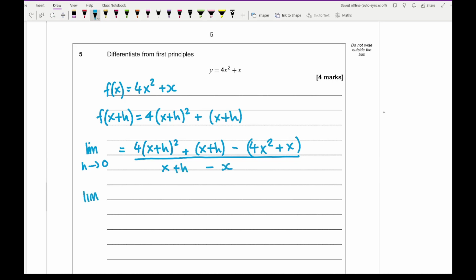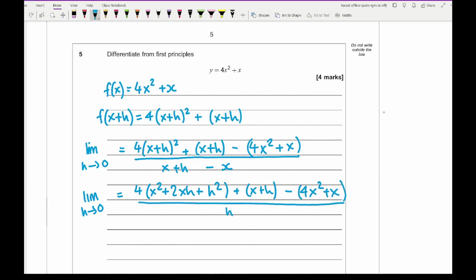So if I do a bit of simplifying, then what I end up with is 4x squared plus 2xh plus h squared plus x plus h. So all I've done is just expanded that first bracket. Then if I expand this next one, actually I'll leave it in a bracket to start with, and that's all going to be over h. Then continuing the simplifying, I get 4x squared plus 8xh plus 4h squared plus x plus h minus 4x squared minus x, and that's all over